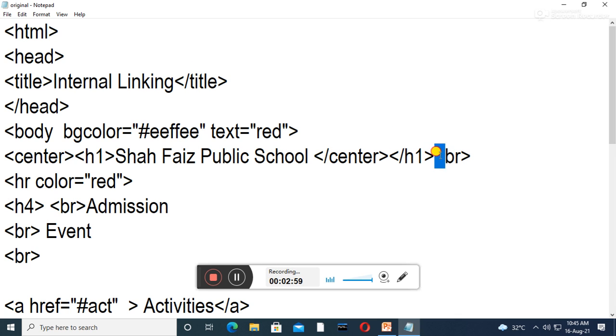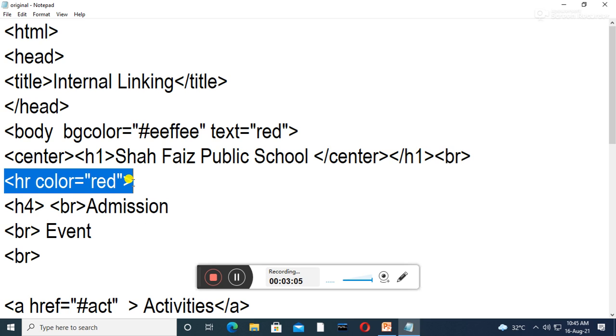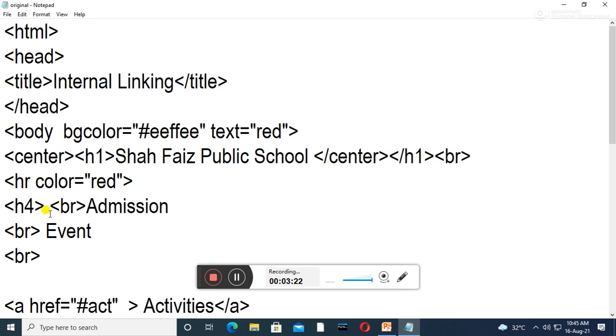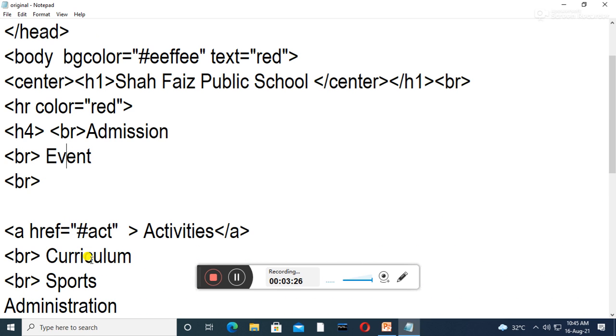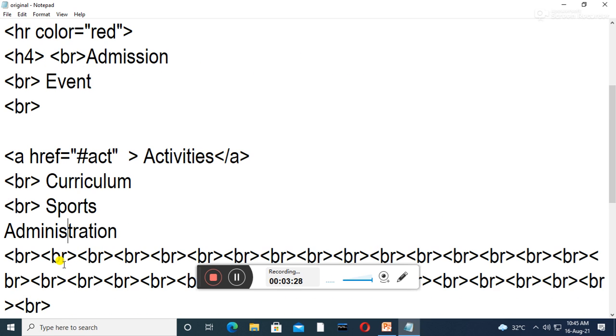BR tag, all of you know very well, is used to break a line. Here I have used one new tag, the HR tag. The HR tag is used to draw a horizontal ruler or horizontal line. Inside this, the color attribute: color red means the line is drawn in red color. After that some general points are given, like admission, event, curriculum, sport, etc.